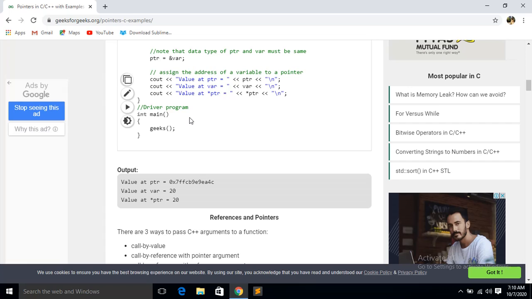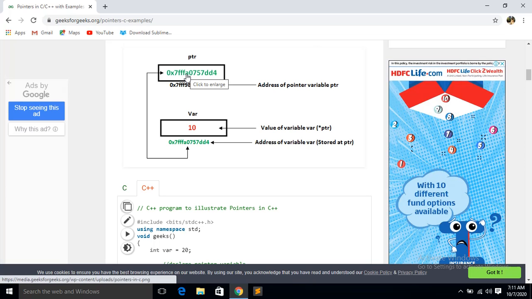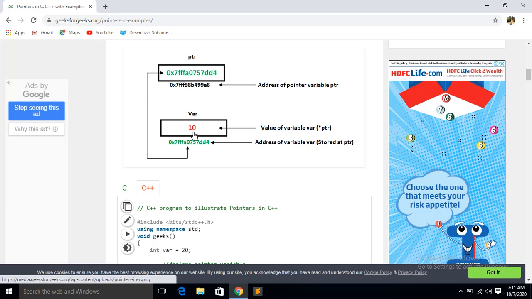Value at var is equal to var. So what is the value stored in var? It is 20. You have already seen in the diagram. And value at star ptr, that means the pointer. This is the pointer representation. Pointer means indirectly the value; whatever the pointer sees in ptr, the address of this, when it is represented by the asterisk, that is the pointer, so it will call the value.